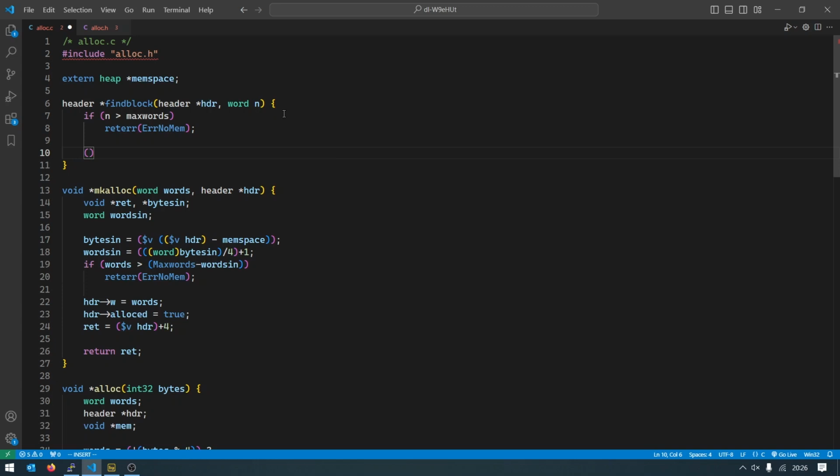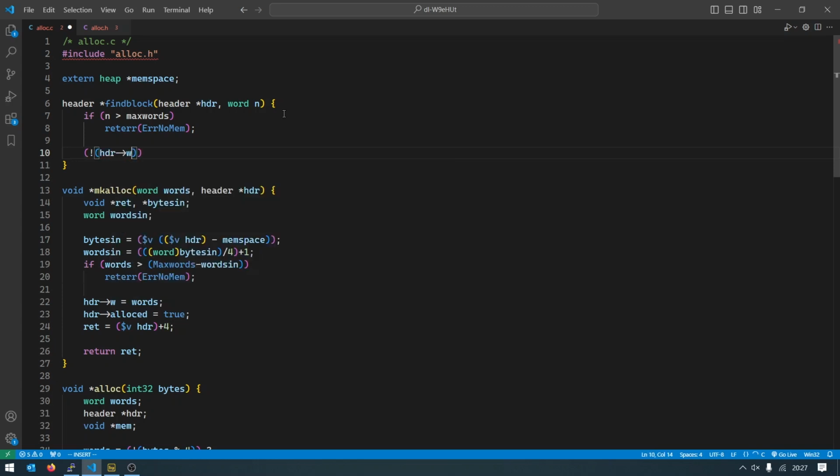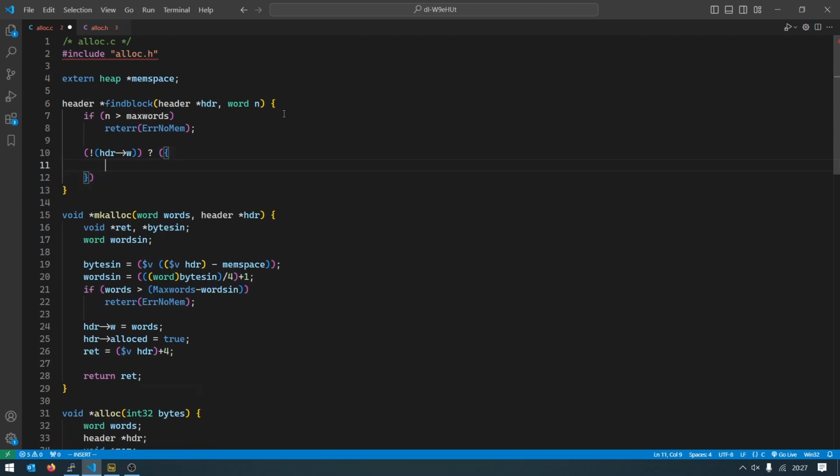So if the header W is 0, then what do we want to do? Well, in this case we are going to use this block, but we do need to check